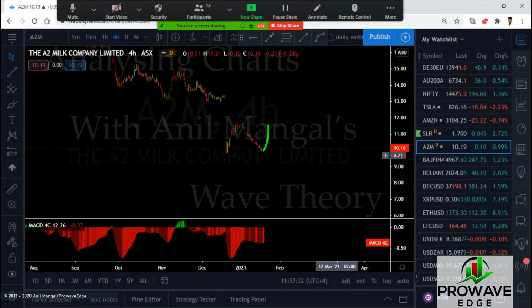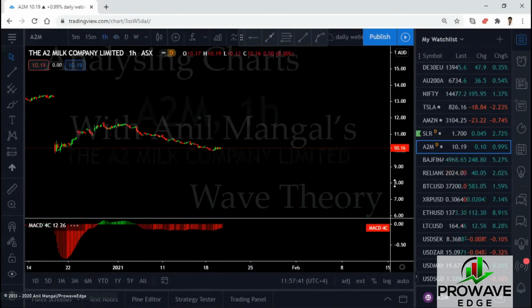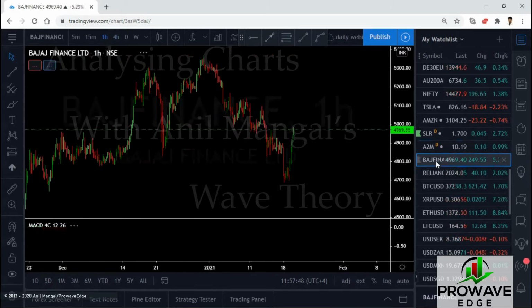Expect some more up here and then down. So if you get buy setups, you can take it. But it's not moving. The chart is not going. Not the 4 hour or the 1 hour. It's not going anywhere. But if you get buy setups, take it because they can spike sharp and then come back down to complete the flat pattern.